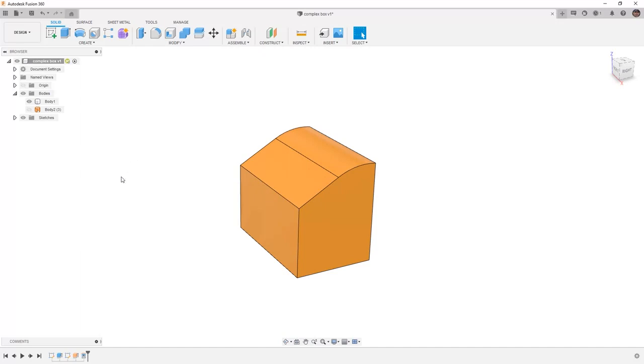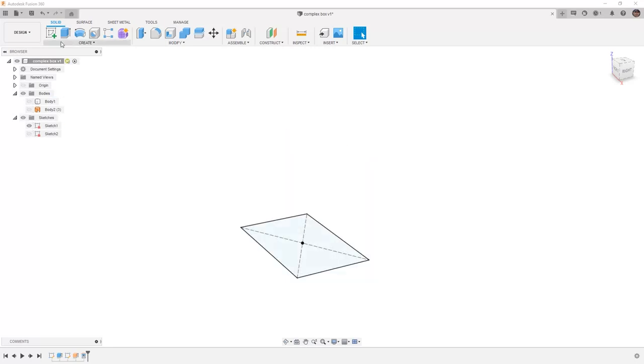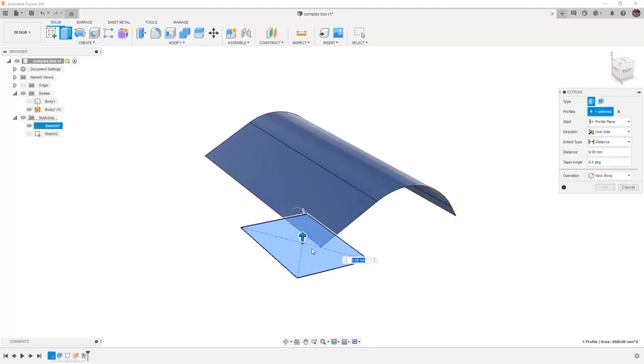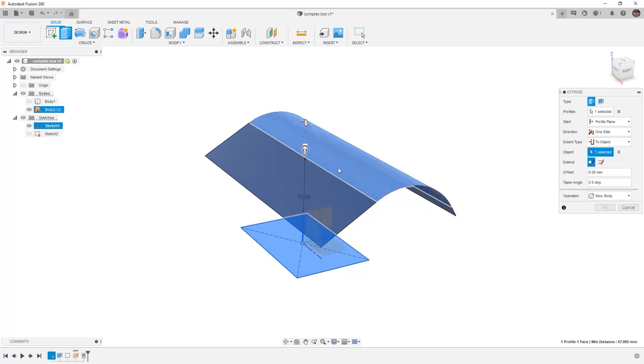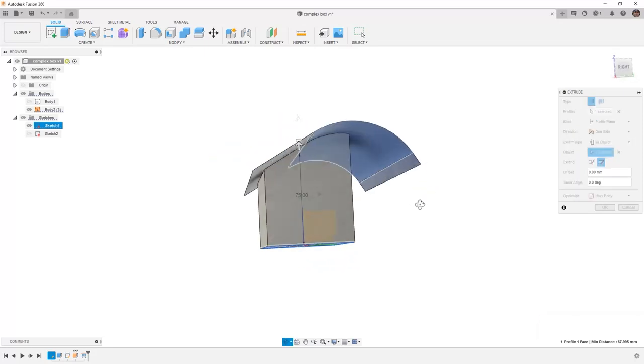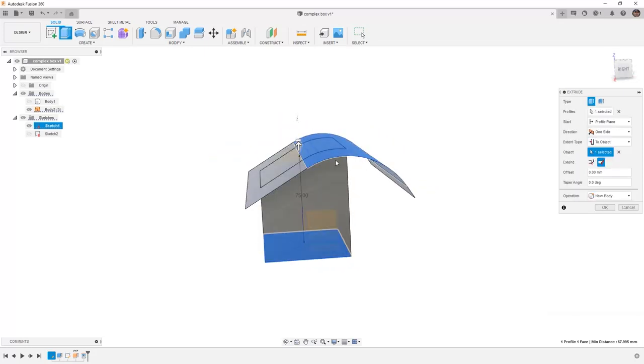Of course, there are multiple ways that we could do this. We could use our sketch and we could extrude up to that object. So if we hide body 1, but we show sketch 1, and we show our surface body, we can use extrude to take that up to a distance of To Object. Keep in mind that there are some options, for example, adjacent face, but because we're dealing with an arc,